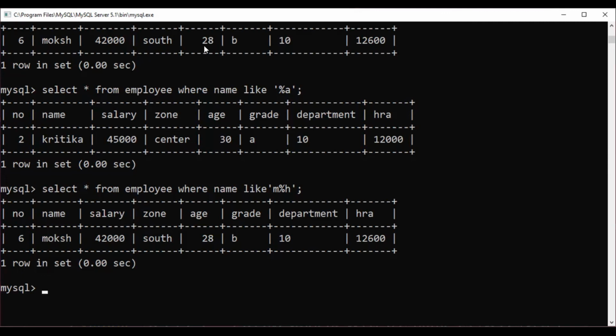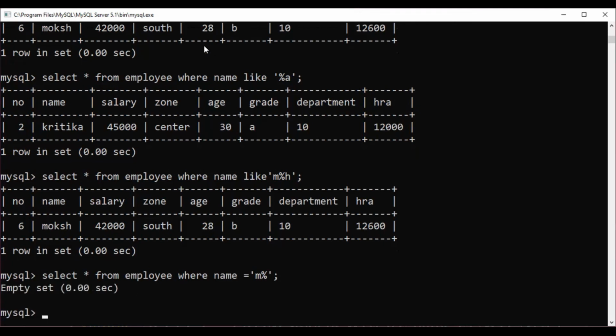But he got the wrong output, and the statement will be given like select staff from employee where name equal to M percentage. So the child has written a statement this way because he wants to display the details of the employee starting with M, but he got the wrong output.